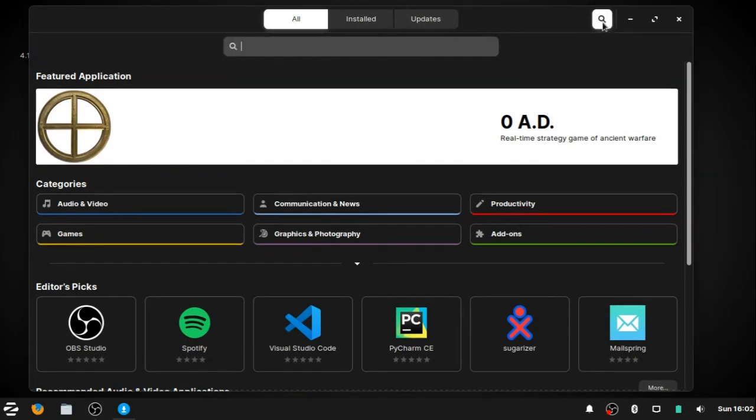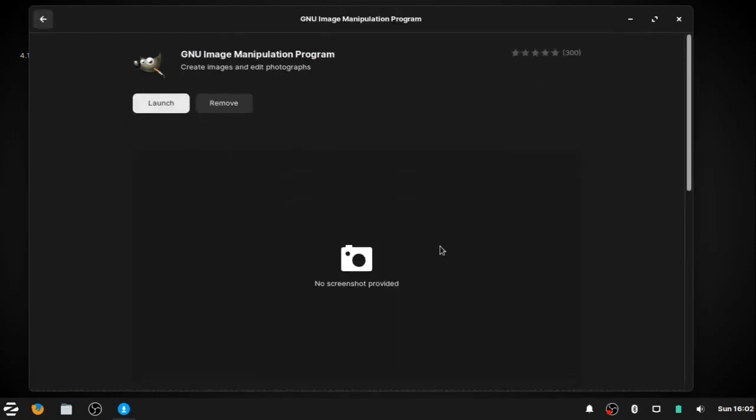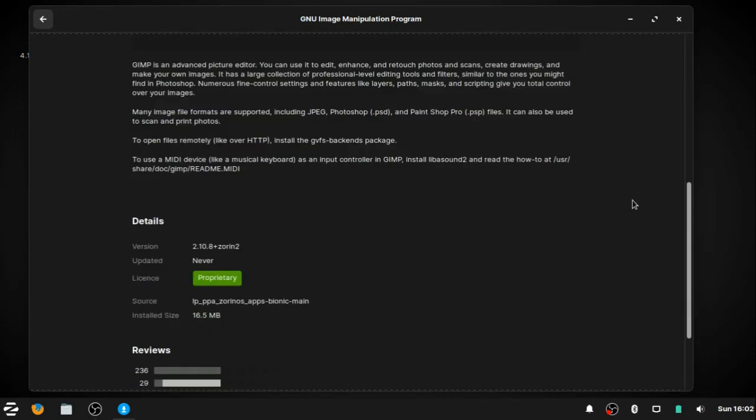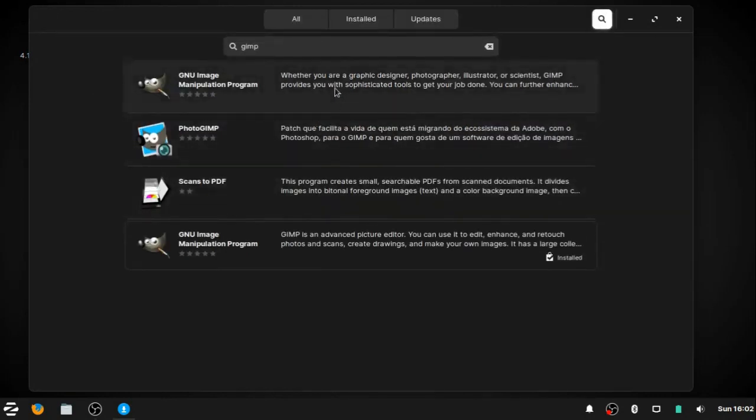Right, somebody did GIMP. This is one that Easy tested it on. Now look, it comes up there twice. One that's installed and one that isn't, and of course a photo GIMP, whatever that is. So let's have a look at the one that's installed. Obviously we know it's not a snap, and the source is a PPA. It's the Zorin PPA. Alright, the other one that's not installed,